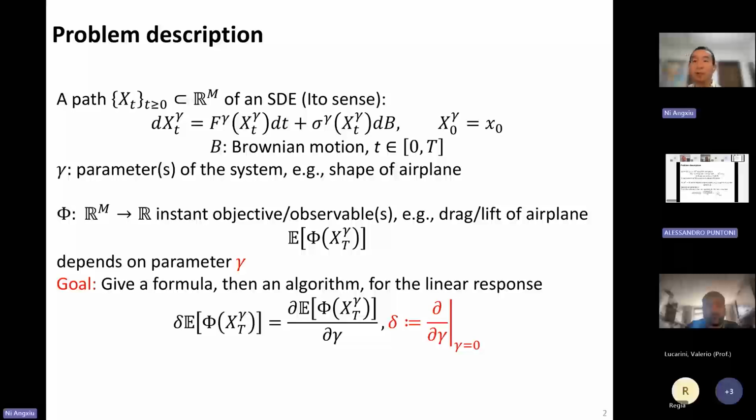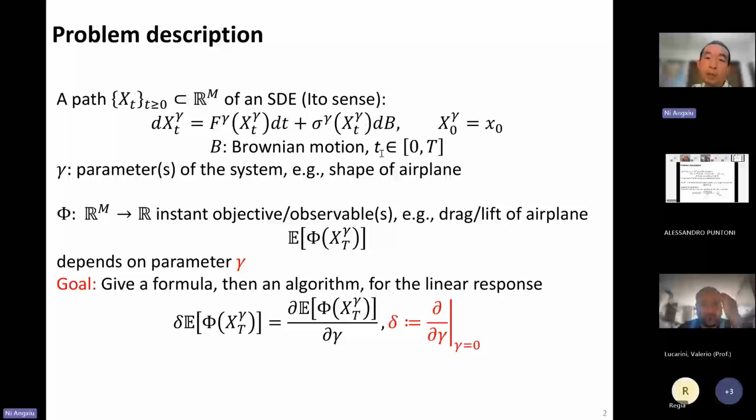I'm gonna basically tell you how to take derivatives of SDEs with some difficult conditions. Okay, so the problem is like this. Consider an SDE. So the SDE will look like this. So this is your drift coefficient. This is your diffusion coefficient. Both depend on a parameter gamma, and